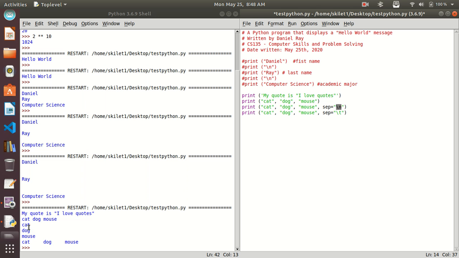And that's precisely what you're getting. Cat, new line, dog, new line, mouse. And we also said that \t meant tab. Cat, tab, dog, tab, mouse. Okay? Python is meant to be responsive, it's meant to be flexible, it's meant to be easy to use and easy to learn. Okay? So how about print that is end equals